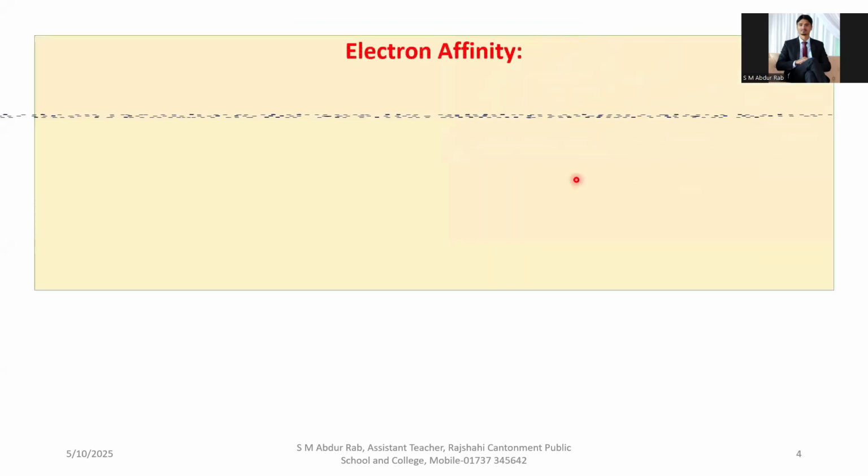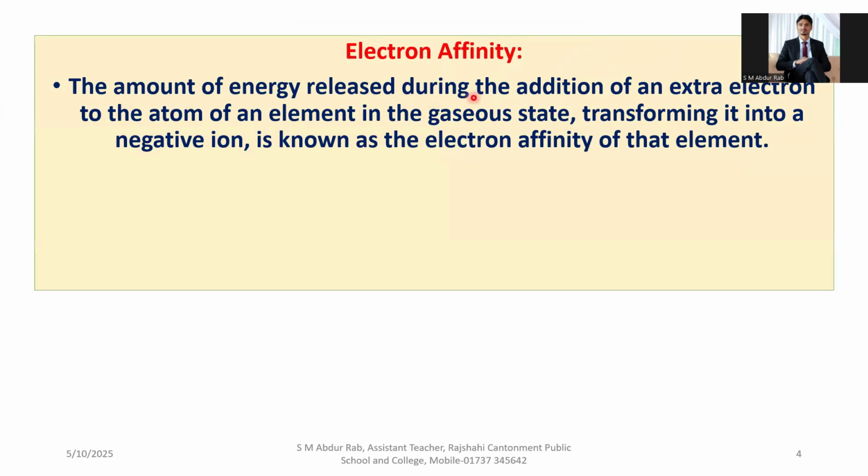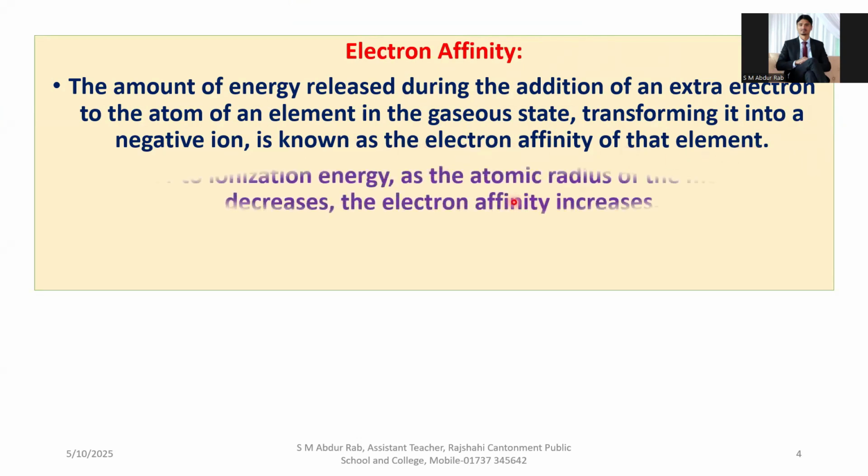Now we see the definition. The amount of energy released during the addition of an extra electron to the atom of an element in the gaseous state, transforming it into a negative ion, is known as the electron affinity of that element. That means,